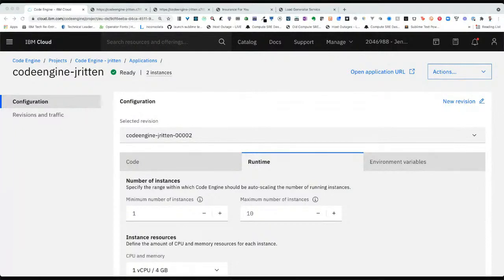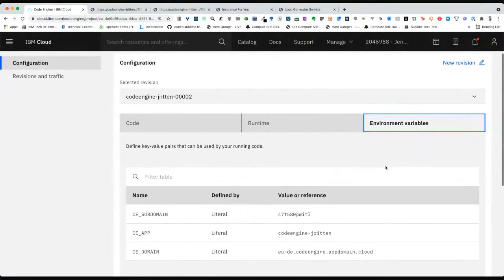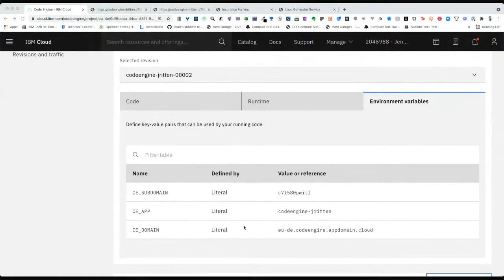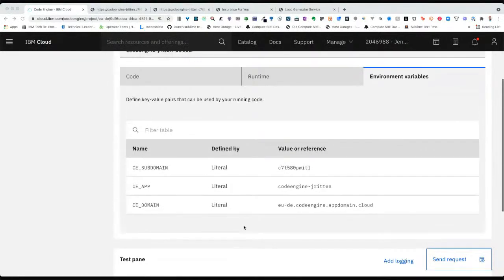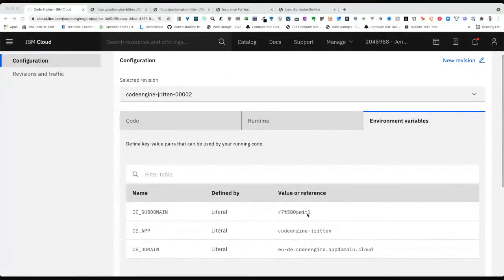And the last thing we're going to look at today, that we're going to look at a lot more closely in a Code Engine workshop that's in progress right now, is our environment variables. So as you can see here, we have some key value pairs that can be used by our running code. We can add environment variables. So if we click Add,